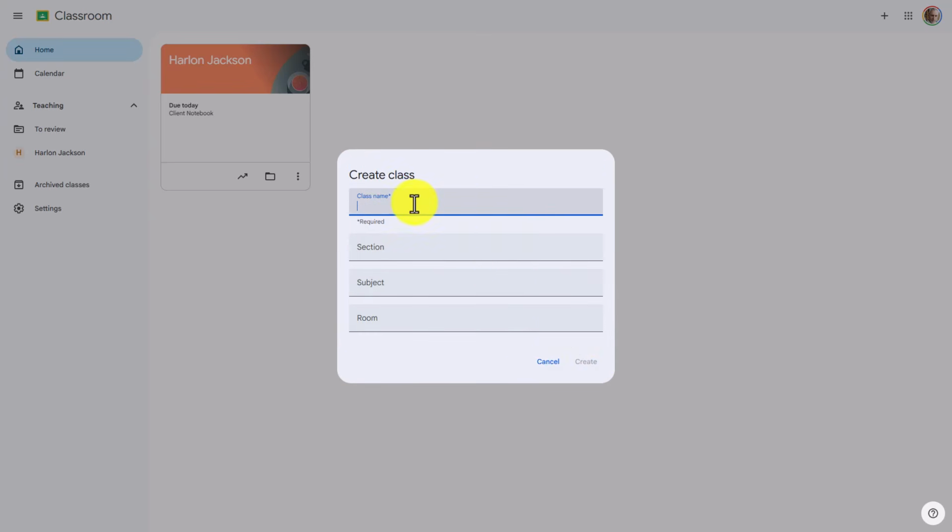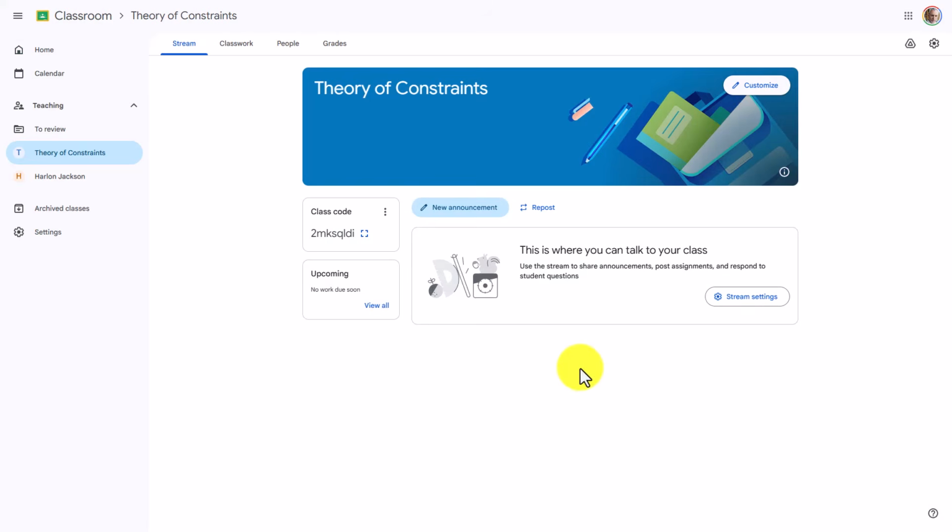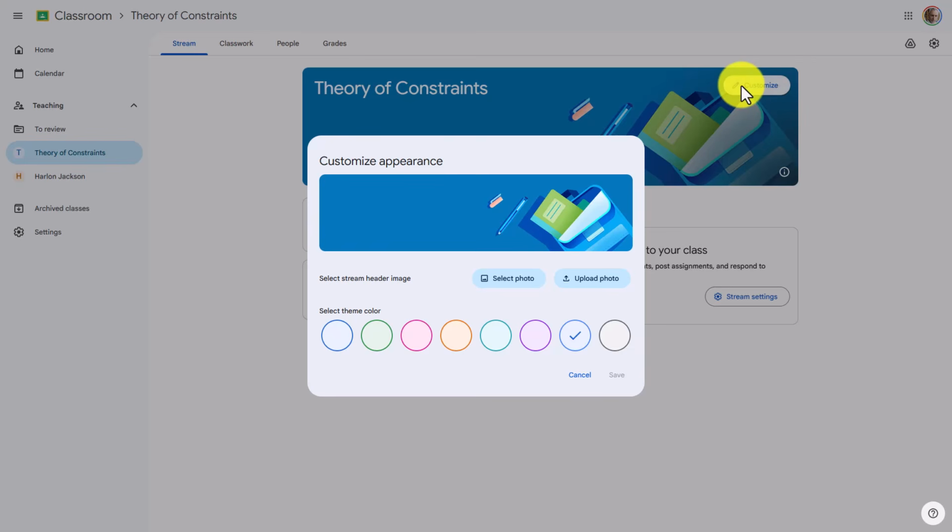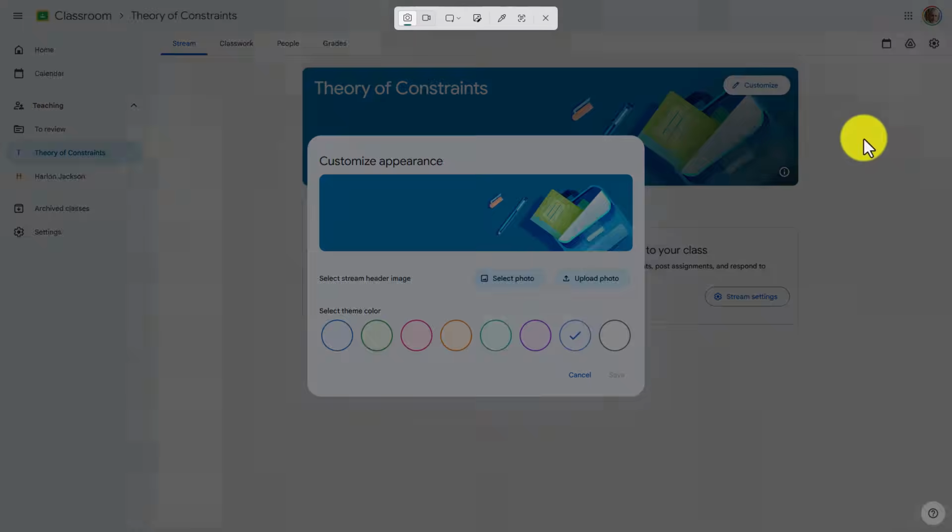We're going to create a class name. We don't necessarily need a section. If you want to give it a subject or a subject within the class name, you can do it. You won't need a room, so we're just going to now click Create. If you're going to be using this for clients, you are going to want to customize this element. We can select or upload a photo. So it's a good idea that you screenshot this process